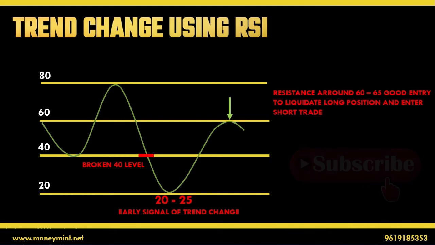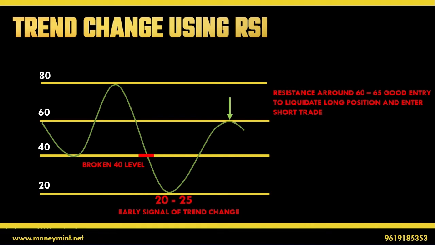Now, again we are speaking about the transition phase. The market goes from bullish to bearish, bearish to bullish, bullish to bearish, bearish to bullish. So how do I judge based on this indicator? We have seen that for bullish the levels are 40 and 80, for bearish 60 and 20. The moment the market turns from 80 to 20 and breaks the level 40, that is the first signal that the market can come down. The market goes towards 20, then heads towards 60. So 60 is the area where you can think the market has turned the trend and now it can go down.